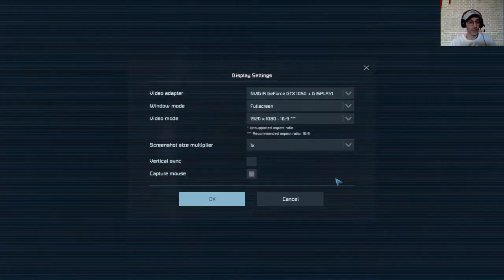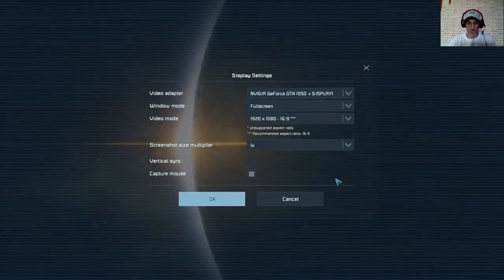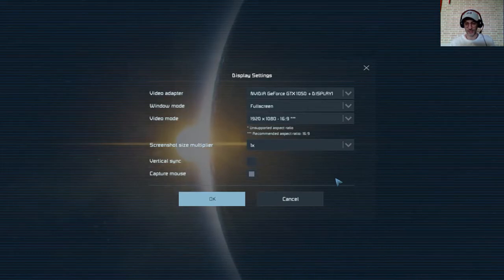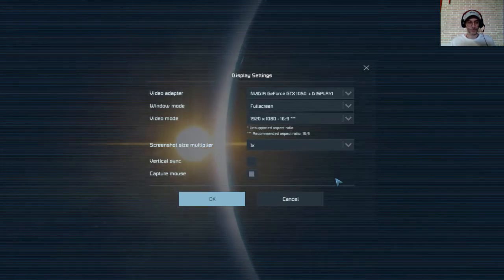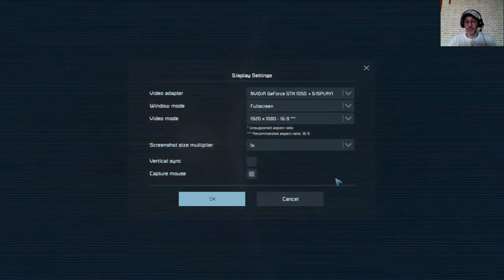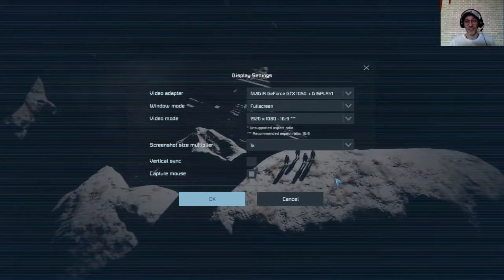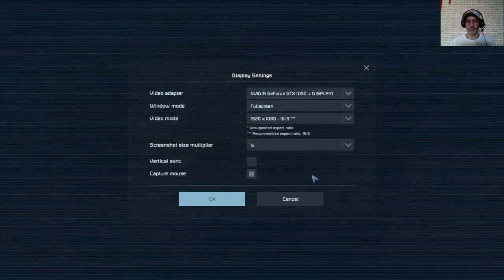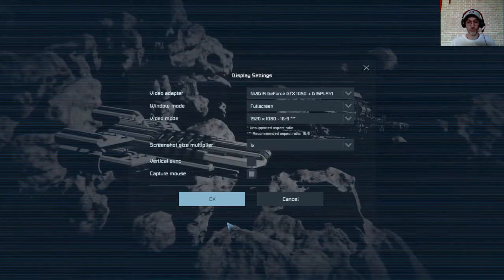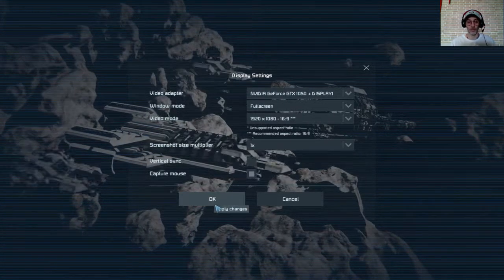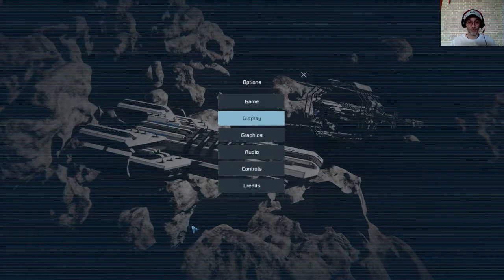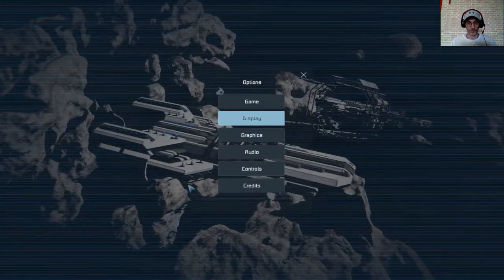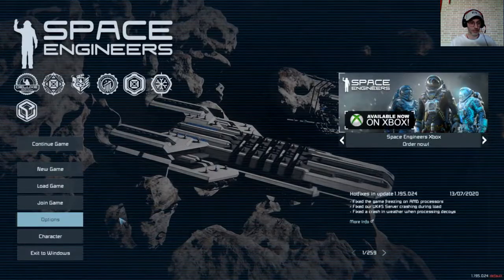I'm not a computer expert, so I don't know if this is really something that can help, or what the explanation is of why. But I found that it helped in my game, so I just want to share it, and maybe it's something you can try. So, going back to the main screen,